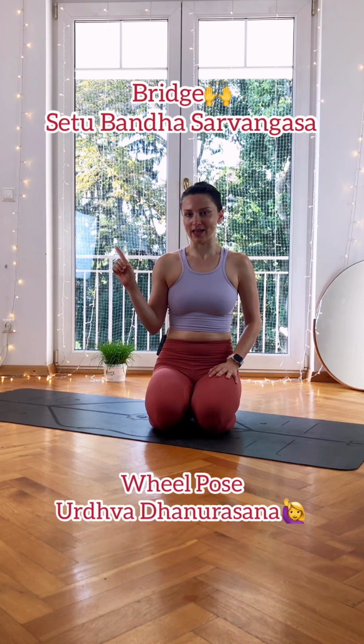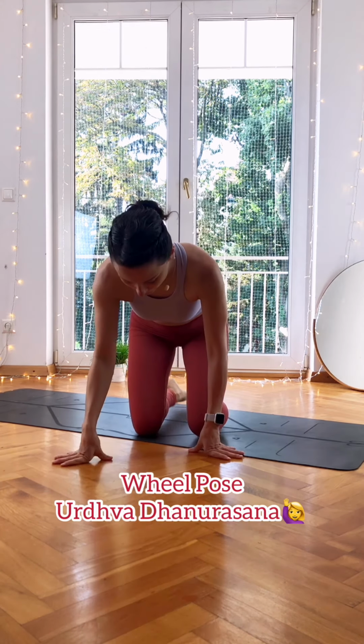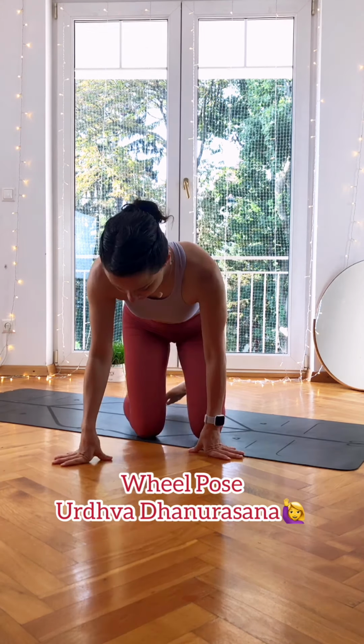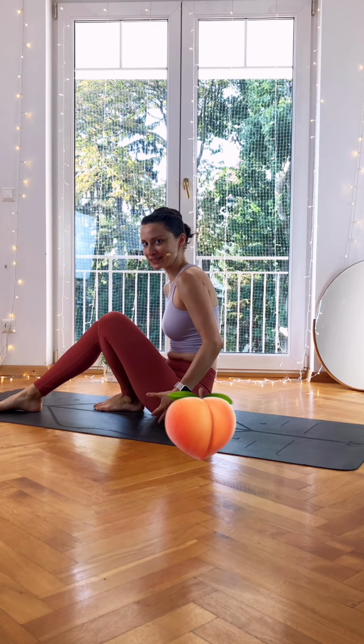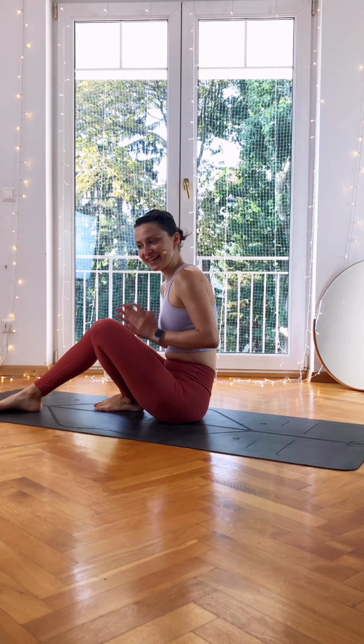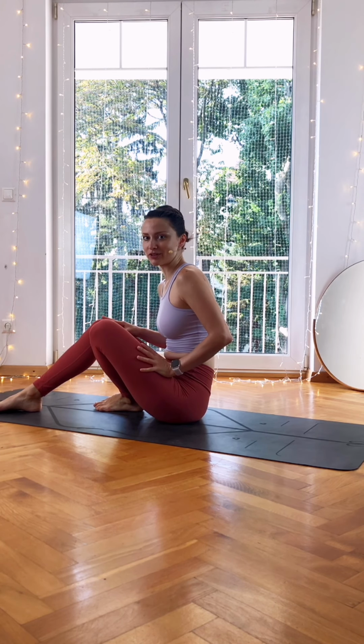Today we will talk about two poses, the bridge and the wheel pose. So two back bends. The first, the bridge pose, is very accessible for everyone. I like to add a little bit of spice: legs and glutes, basically the butt muscles engagement. Also hamstrings are contributing, the thighs and the inner thighs that are very important for any